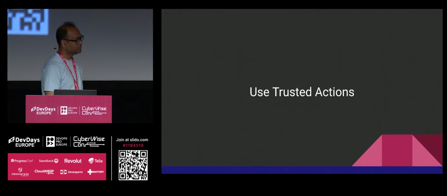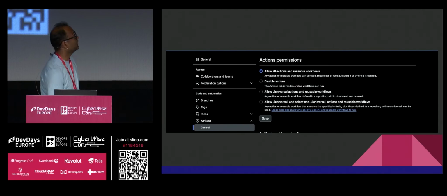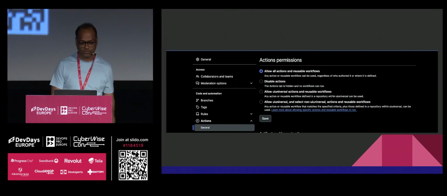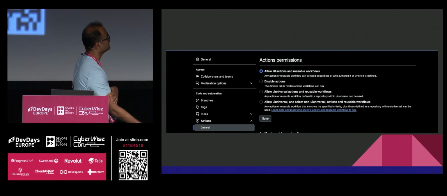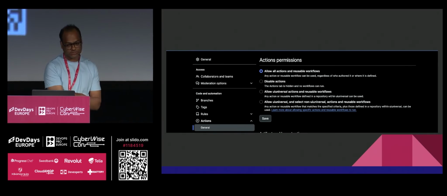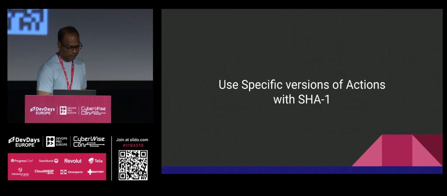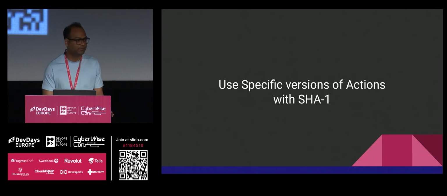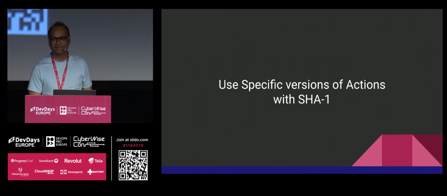So you always see this permission. In case you go to GitHub, and of course all these are part of the settings, you will find something called actions permissions, and you can see allow all actions and reusable workflows is enabled by default. And you can change the settings, so you can see there are multiple options available. So be safe about which actions you want to allow and which you don't. And one more thing, when it comes to GitHub Actions, use specific SHAs. I mean, just to ask, how many of you are actually using SHAs on GitHub Actions? No one, right? Not even me.